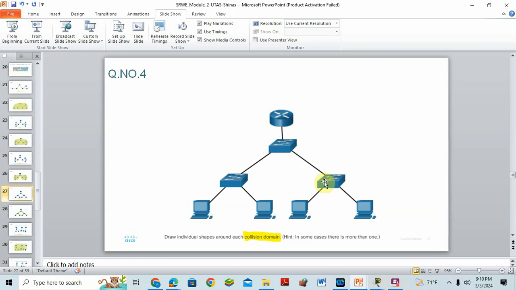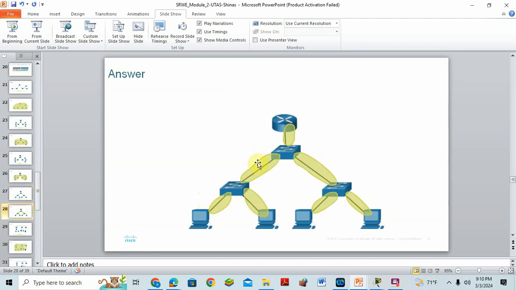Count the number of interfaces of the switch plus router. Okay, so 1, 2, 3, 4, 5, 6, plus 1 to the router, 7. This one, this one, this one, 3, 4, 5, 6, 7. So this is the switch, this is a router. So 7 is the answer. See, 1, 2, 3, 4, 5, 6, 7. So the answer is